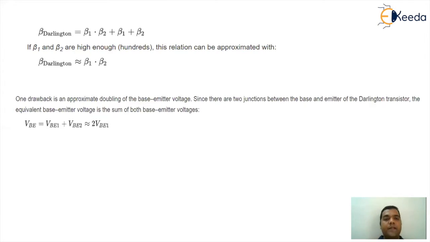So if I see the matched parameters effect, so beta 1 and beta 2, if I approximately make it same equal to beta, then the beta of the Darlington will be as good as beta square. So this is the feature of the Darlington transistor. If the normal transistor has a beta of 100, then automatically the Darlington transistor will have a beta of 10,000, because it will be beta 1 into beta 2, that will be equal to 100 square. So that's the reason Darlington transistors are normally defined as high gain, or you can say high current gain transistors.